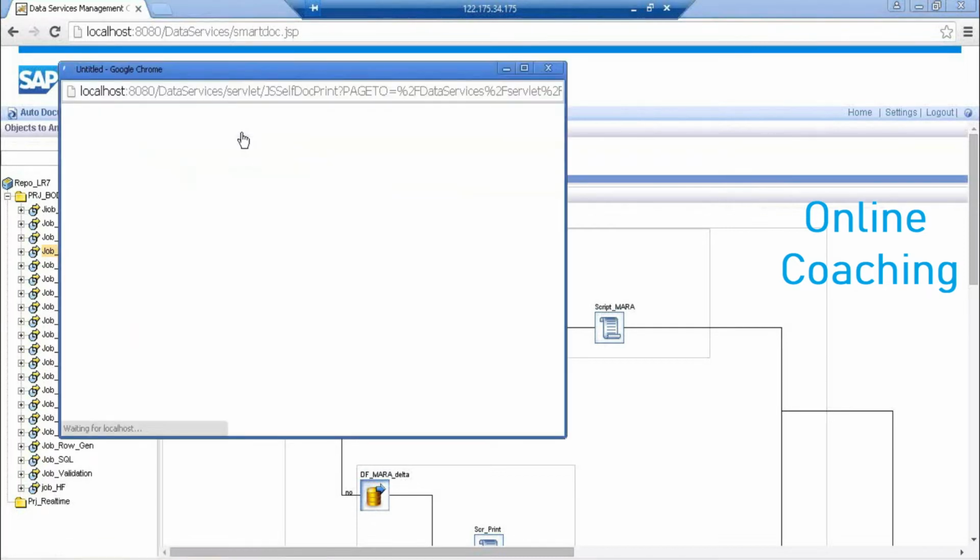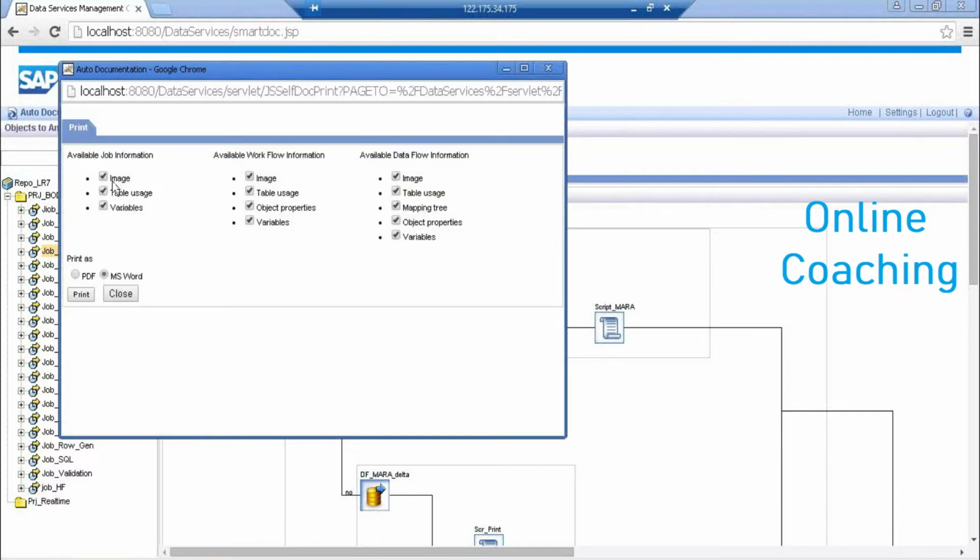Click on it and it will open a small window which will give you checkboxes. If you want to keep all of them you can keep them, or you can just uncheck the things that you don't want. And the output format, you want a PDF or a Word document. So generally we create PDFs when we don't have any logos to be added to the document, but if we want to provide this document to the customer with their logo on it, then you can create it as a Word document and